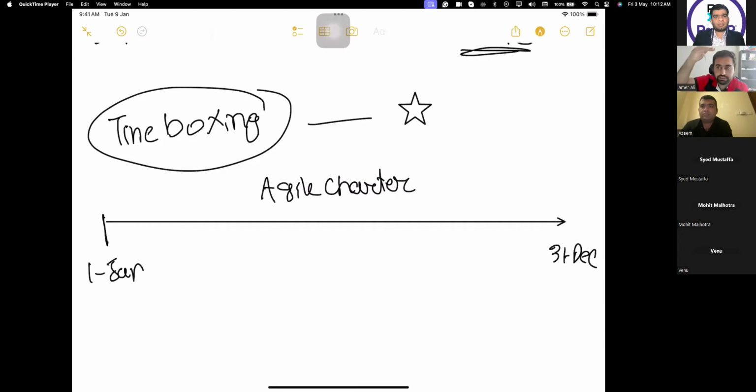That is the high-level picture, giving us the overall roadmap. Then Agile divides the entire project into releases. If your program is of 1 year, a release can be 1 quarter.